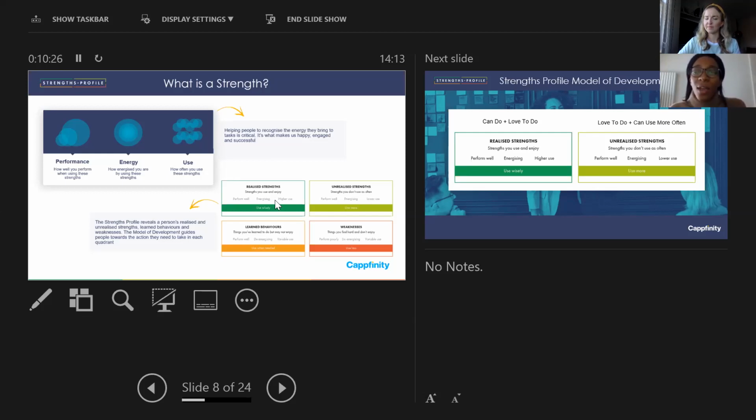So these are things that you self-report performing poorly, that we're just not energized by, and the use may vary. Let's not get too hung up on the weaknesses here. I think the thing to really consider is, do you think you'll need that weakness for the role or job that you see yourself doing in the future? And if you do, maybe get some training and get it to good enough.